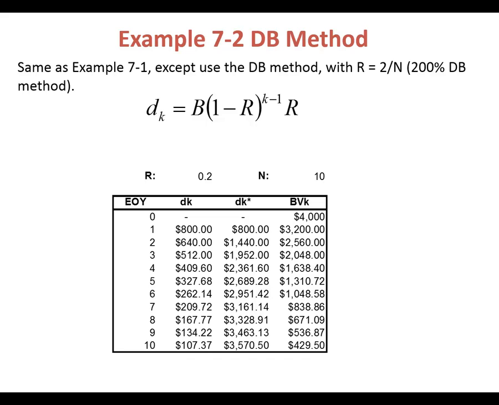So it keeps going and going, but what you'll notice is that it never quite reaches zero, because each year you're just losing 20% of the remaining value. So at the end of 10 years, this got down to $429, because it only lost 20% of the previous value, being $536. So that's an illustration of the declining balance method.